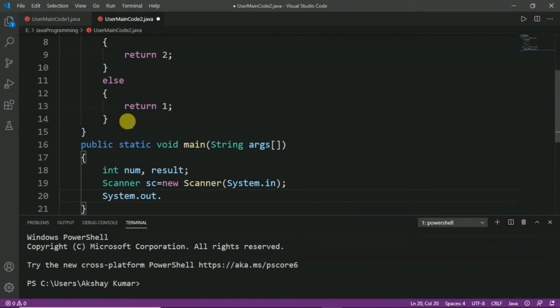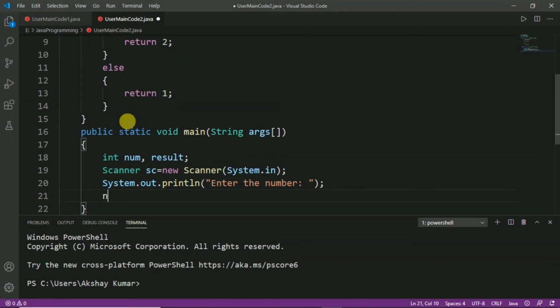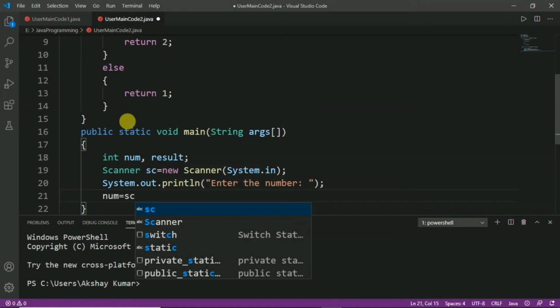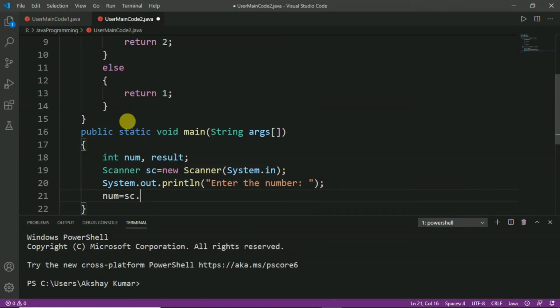So, System.out.println, write the message, enter the number. After that we will take the number from the keyboard. So, num equal to sc.nextInt().